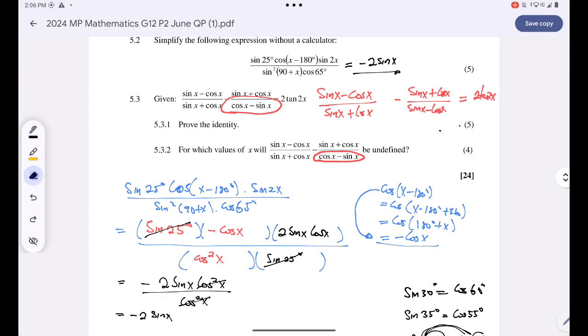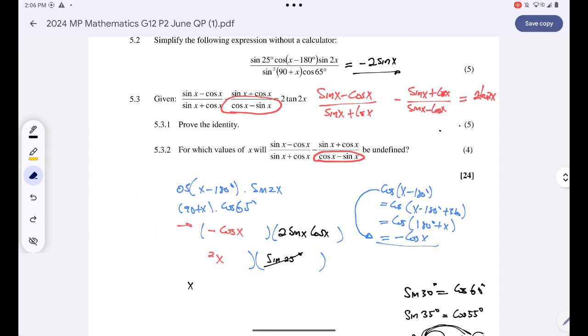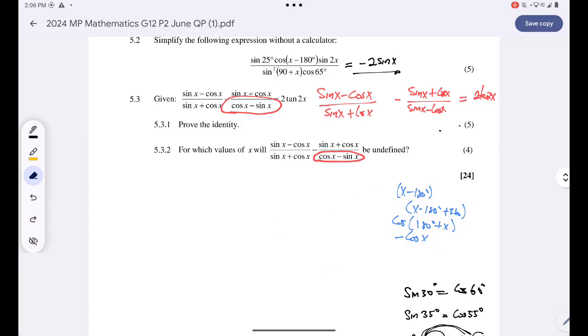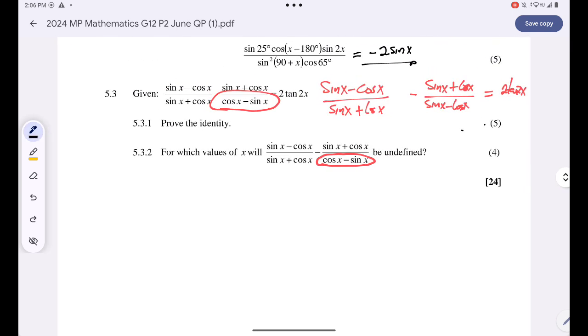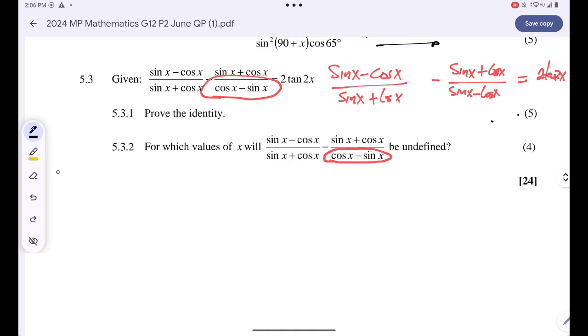Okay, and then now I'm given the identity there. Question 5.3.1, I'm supposed to prove the identity. Basically, I must prove that the left-hand side of my identity is equal to the right-hand side of my identity. Okay, let's just do that right now. Remember that, guys, the errata was provided for us to fix that mistake at the denominator. So my left-hand side